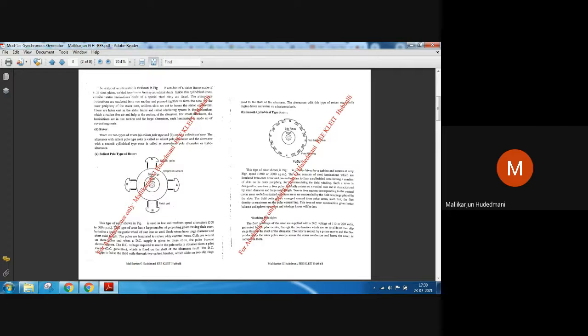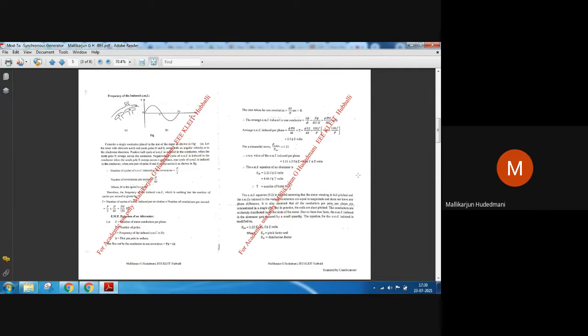Once you have the construction features, the very next is the equation of EMF of a generator. What is the equation of EMF of a generator? 2.22 5ZF KpKd. Hope you remember this. 2.22 5ZF KpKd. That is a very short derivation here. Change in flux and change in time, the ratio of them. And take the N in terms of PN by 120 equal to frequency, and average to RMS conversion by form factor. Then you will land upon the 2.22 5ZF value. And Kp and Kd are the factors which are assumed.